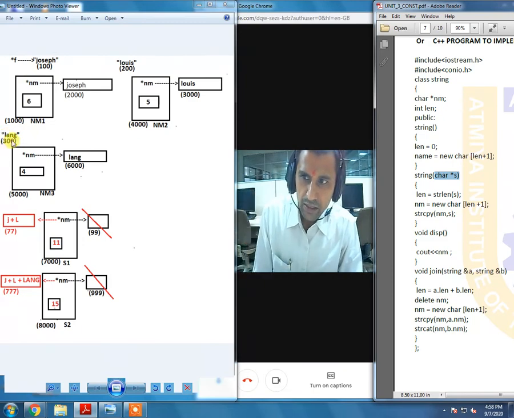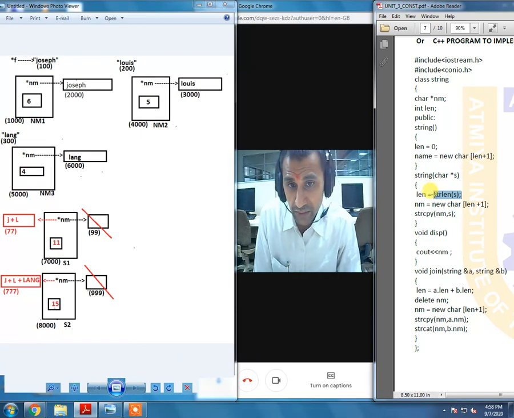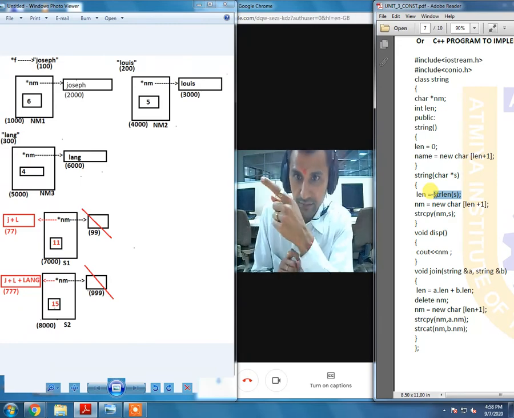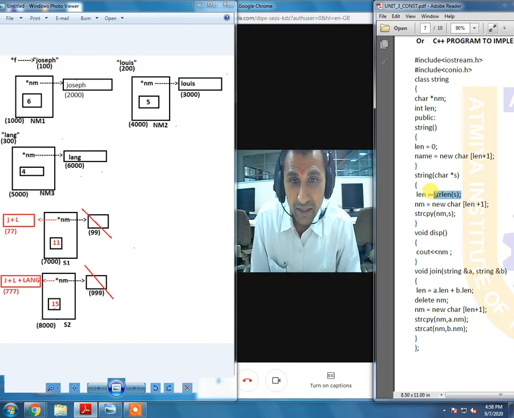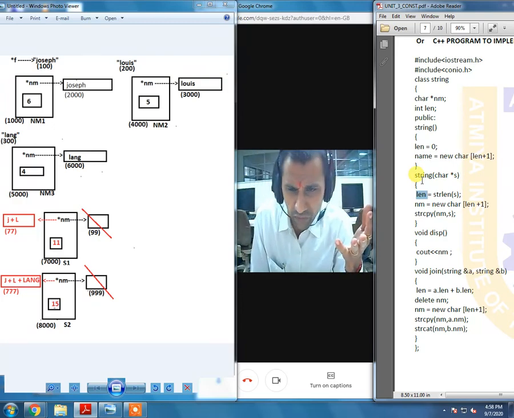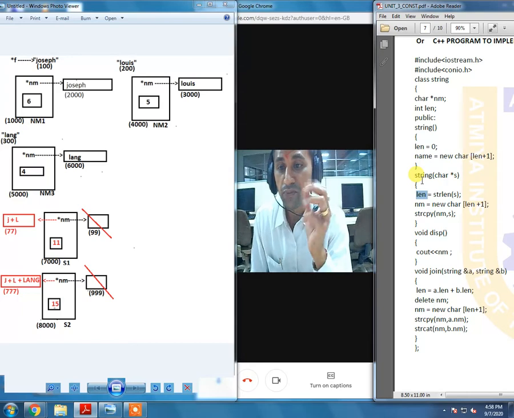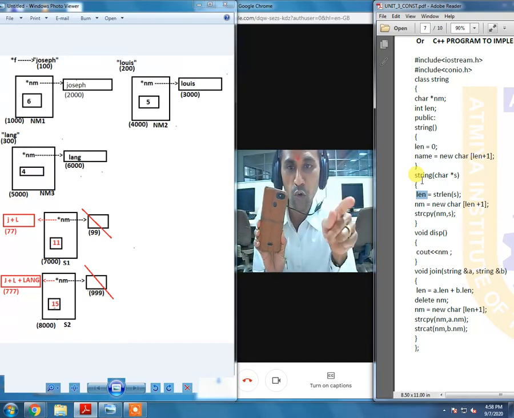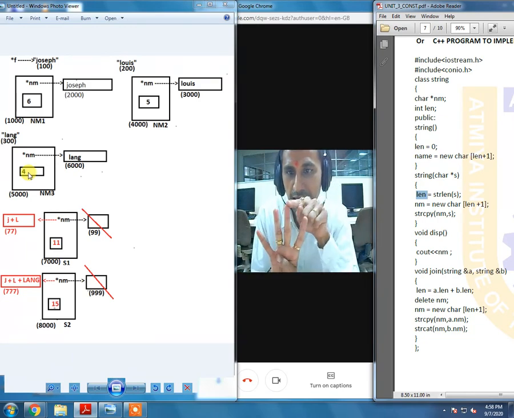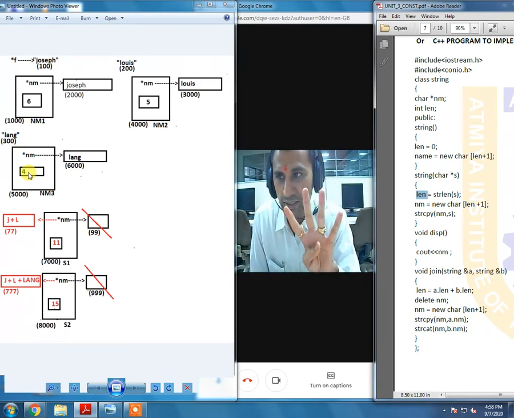So, star s for object nm3 is pointing to the location 300. You know the rest of the story. We are supposed to find the length of the string which is being stored at the location 300. We are talking about the same string, that is lang. The length must be stored in the len variable. No wondering which object? nm3, because this object has made a call to the constructor. So, 4 over here, right? We are talking about lang, a string of 4 characters.